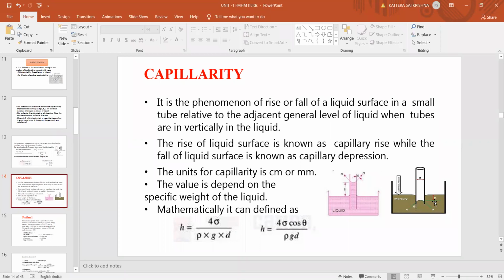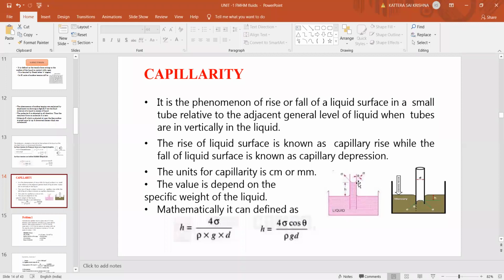So this is the H value, nothing but height of the liquid or height of the depression of liquid in the capillary tube. So these are the 2 formulas by which we are going to find the surface tension, or if surface tension is given to us, you find the rise in the capillary tube, H, and rho is the density, D is the diameter of the tube, right? Here you use your theta value, cos theta, nothing but this is the angle which is shown here. Sometimes they will give the theta value in the problem, or otherwise they will ask to find the theta value. Depending upon the problem, we'll do it.